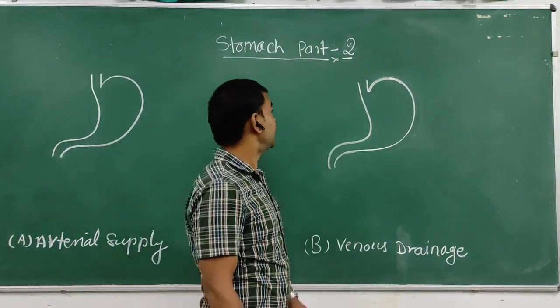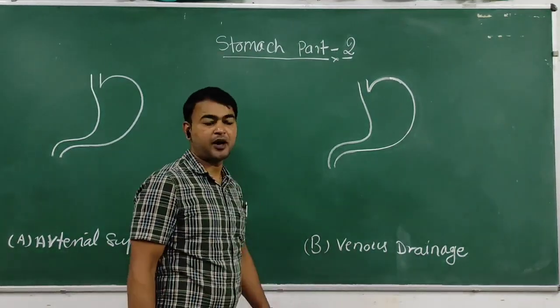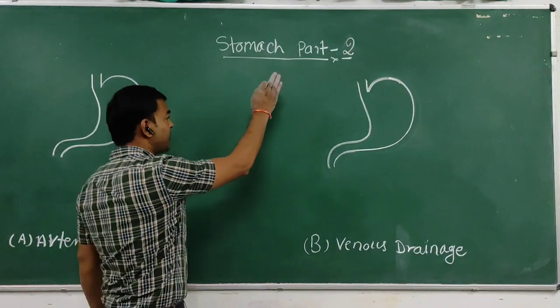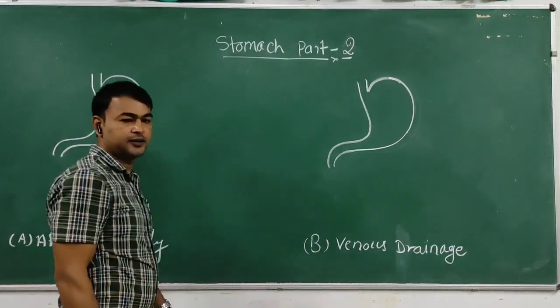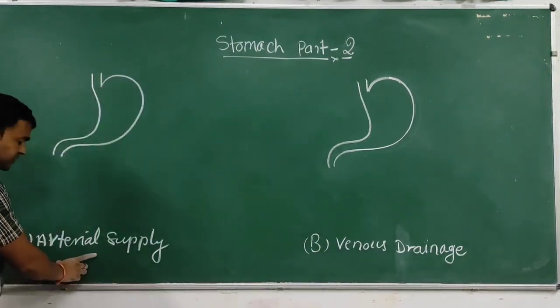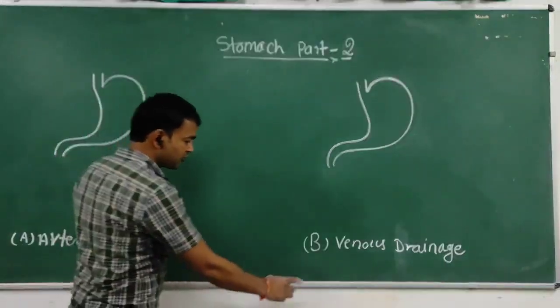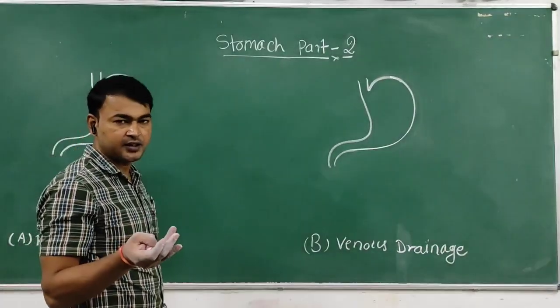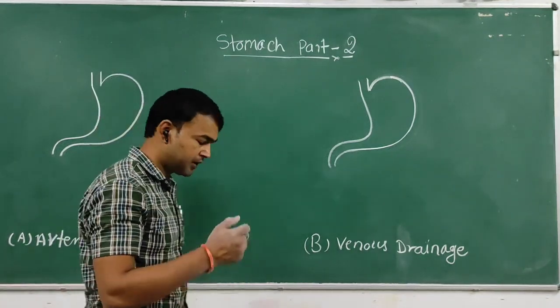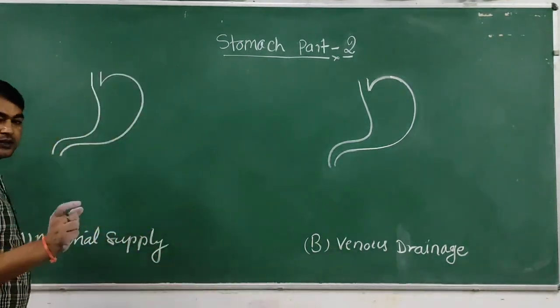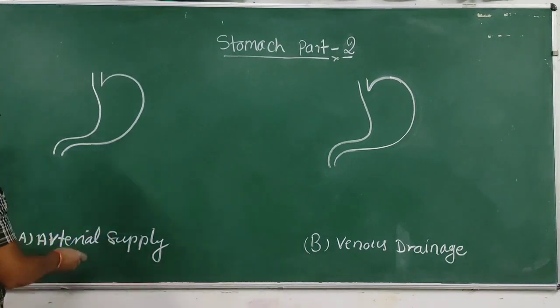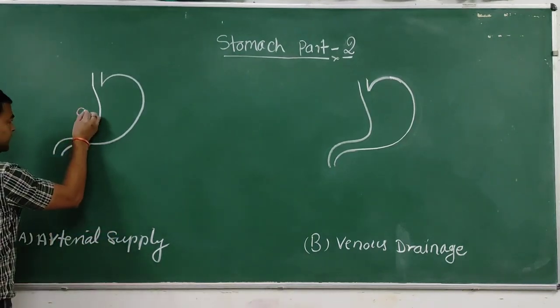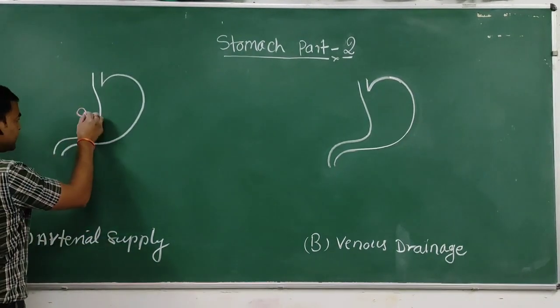हेलो फ्रेंड्स, आज हम बात करते हैं स्टमक पार्ट 2। स्टमक पार्ट 2 में हम बात करेंगे आर्टेरियल सप्लाई ऑफ स्टमक, वेनस ड्रेनेज ऑफ स्टमक, थर्ड इज द लिम्फेटिक ड्रेनेज ऑफ स्टमक एंड द नर्व सप्लाई ऑफ द स्टमक। सबसे पहले बात करते हैं ब्लड आर्टेरियल सप्लाई ऑफ द स्टमक। सो दिस द सीलियर ट्रंक give a